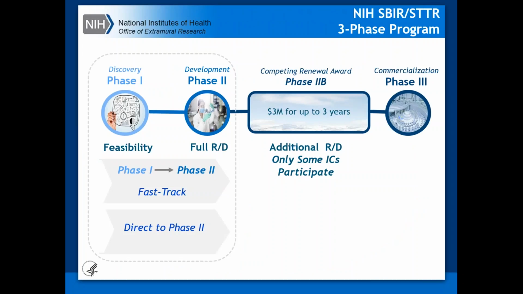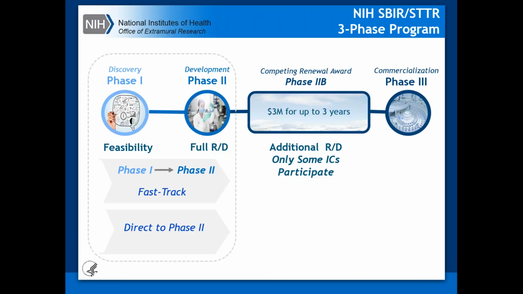So, with respect to the three-phase program, we talked about this earlier, and let's talk about it a little bit more with respect to phase 1, phase 2, phase 2B, and phase 3, and how these things work. As I noted earlier, phase 1 is feasibility, and phase 2 is full R&D. But also, when you're applying, you can apply to phase 1 first, and then